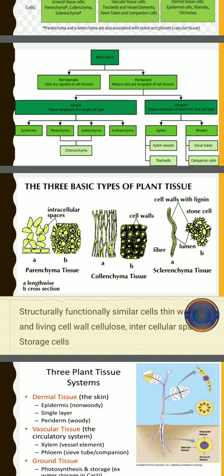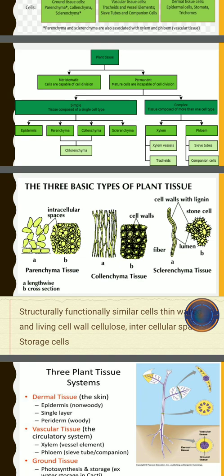Now the permanent tissue is also of two types, simple and complex. Simple tissue is composed of a single cell type, whereas the complex tissue is composed of more than one cell type. Simple tissue includes the parenchyma, collenchyma and the sclerenchyma, and the complex tissues are the xylem and the